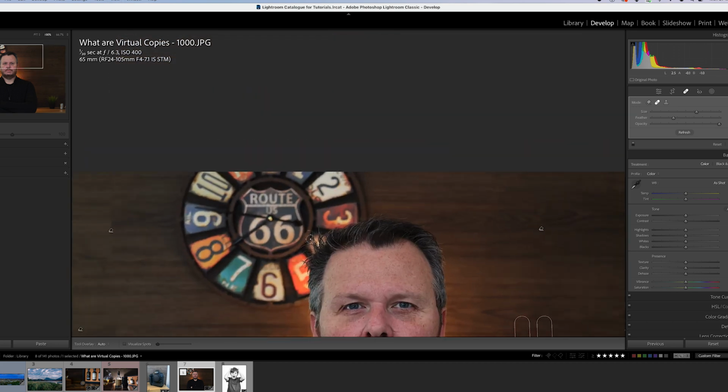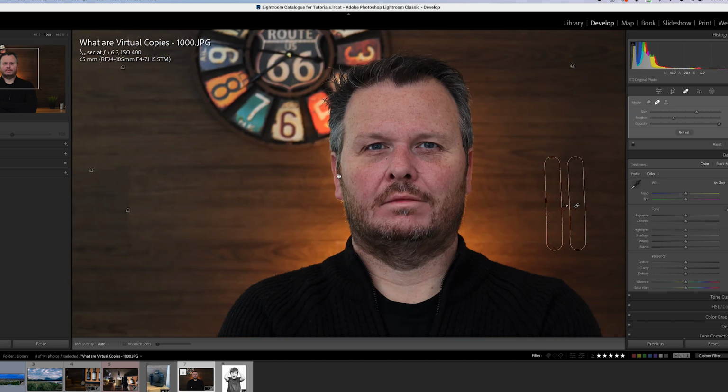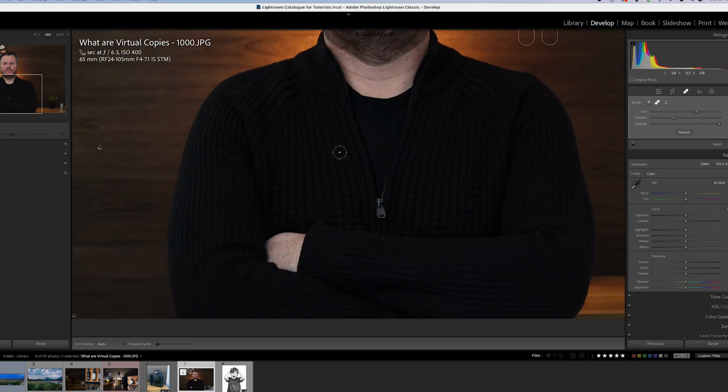So real quick with the healing, I'm going to click on the healing there, and I'm going to do a quick zoom in to my jumper, and you can see I'm just using the square brackets, making the brush smaller, and we can just click on all of these little white specks, and while these white specks are insignificant, when you do it and you take them away, it does make quite a difference